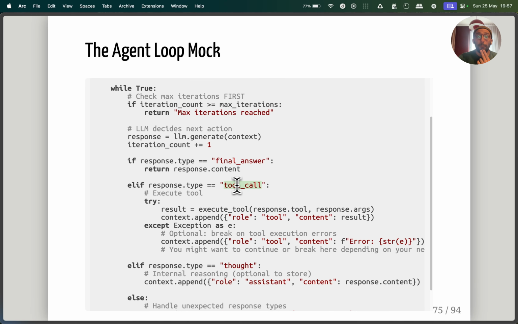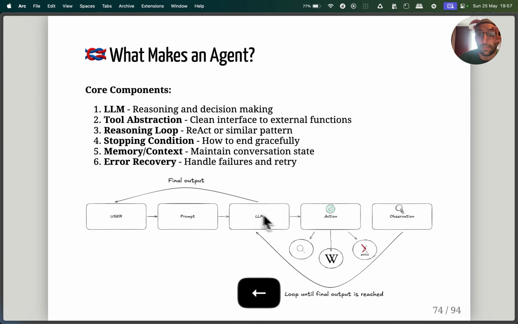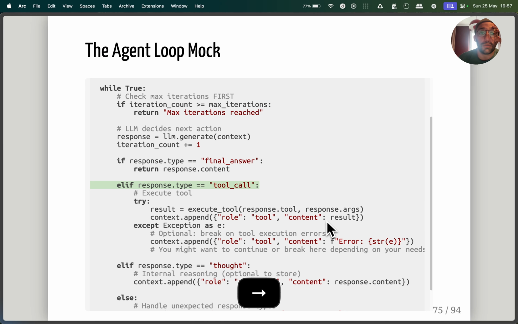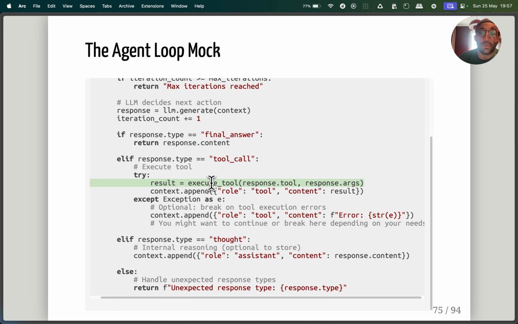And then if the model does a tool call, which would be to take one of these actions we're talking about here, then we execute the tool, we append the output to the context of the model, and this is handling the error in case there's something wrong with calling this tool.